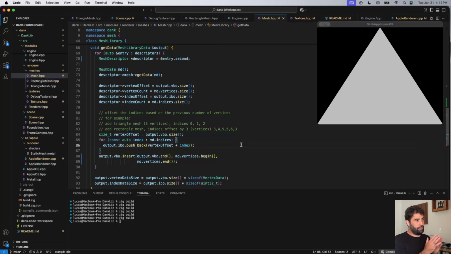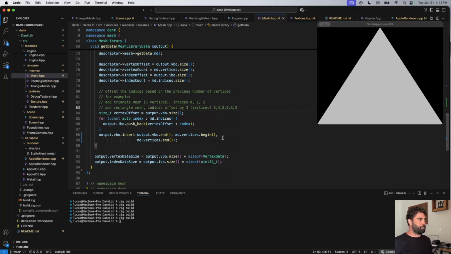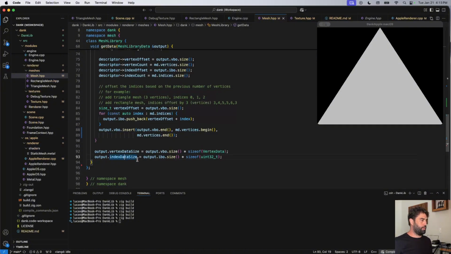But as I'm adding to the library, I need to use a vertex offset. So if, for instance, we added the triangle that has 3 vertices, the starting point for the new indices will be 3, right? Because it needs to offset the indices. Okay, then